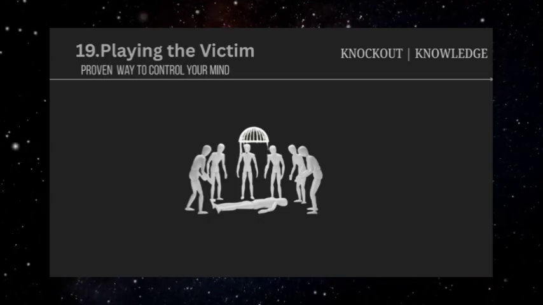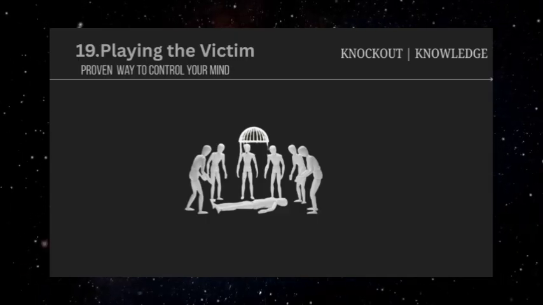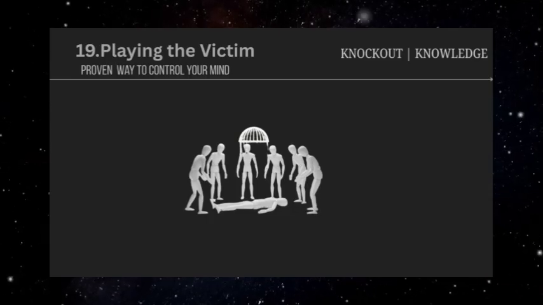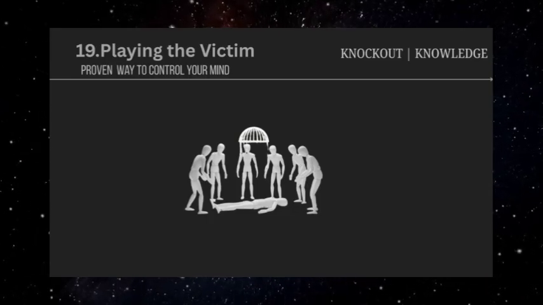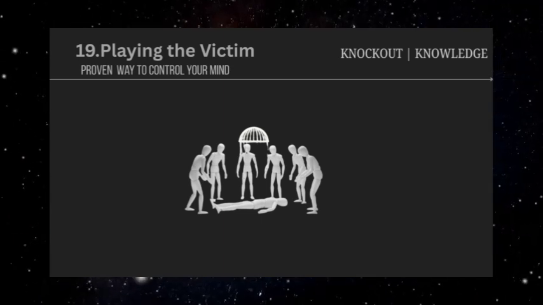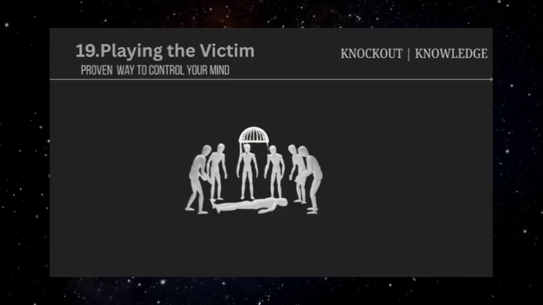Redirect the conversation from their behavior to their emotional state. The technique is particularly effective because it triggers caretaking instincts in empathetic people. When someone we care about appears to be suffering, our natural response is to provide comfort and support. Victim-playing manipulators exploit this response by consistently presenting themselves as wounded parties, even when they're the ones causing problems in